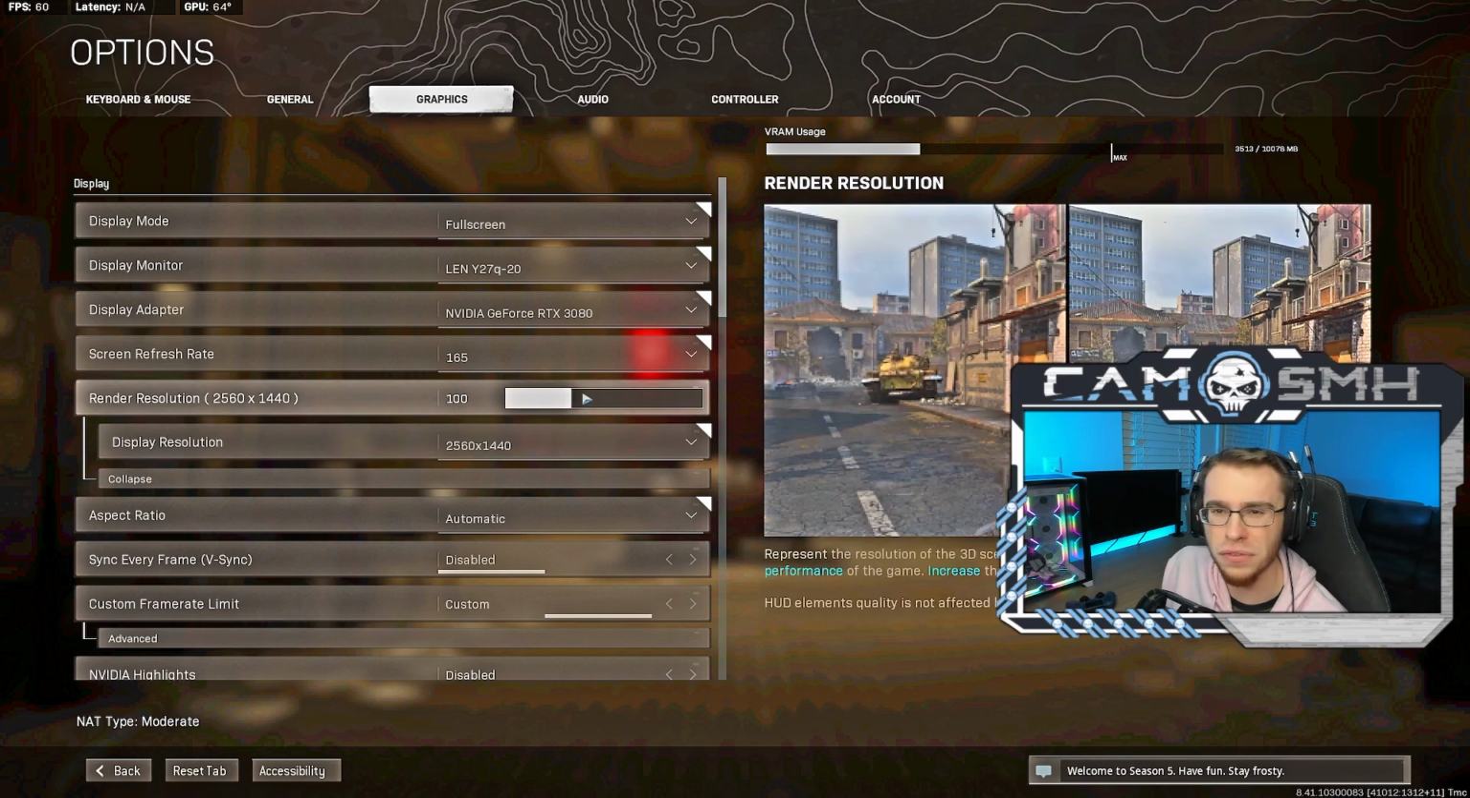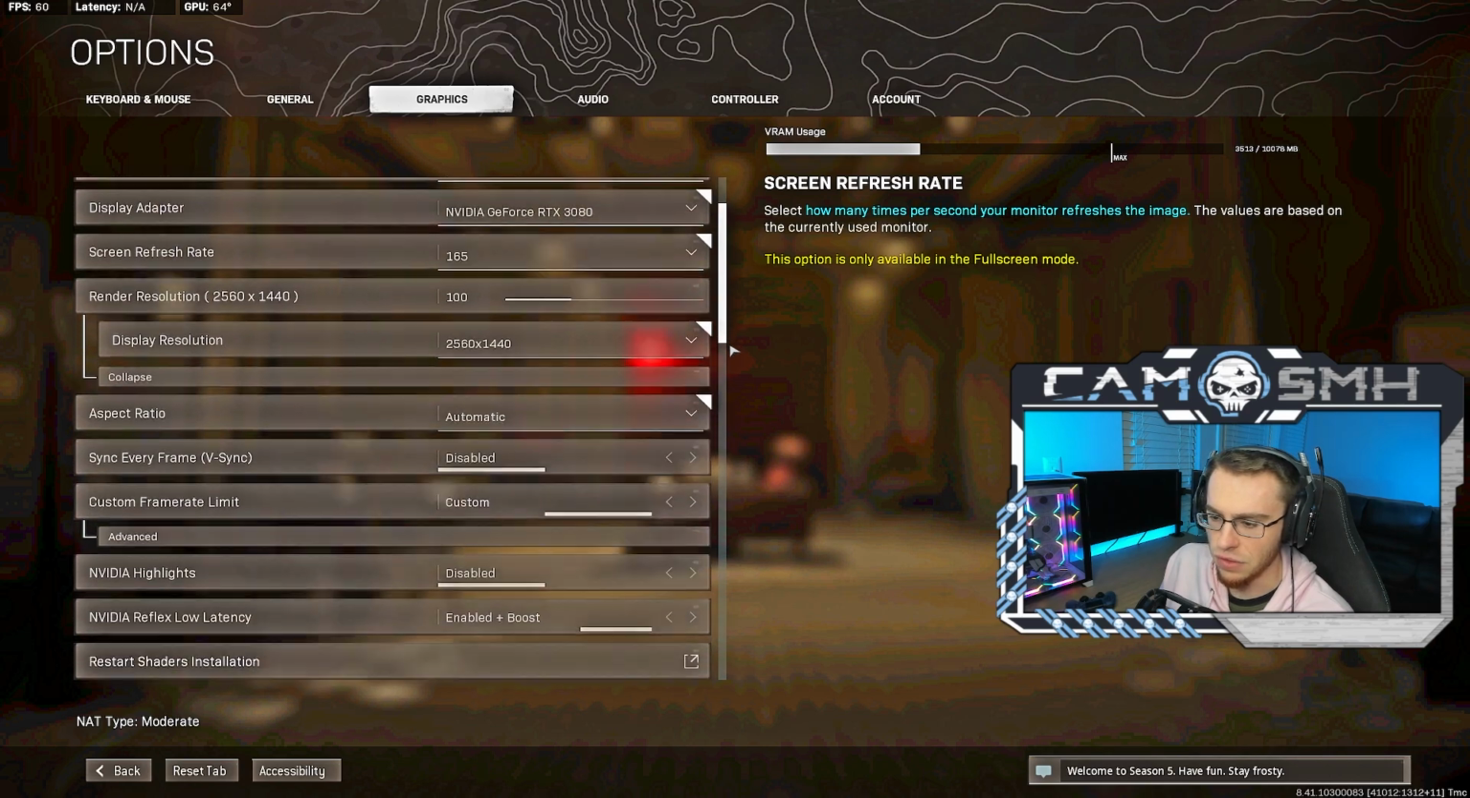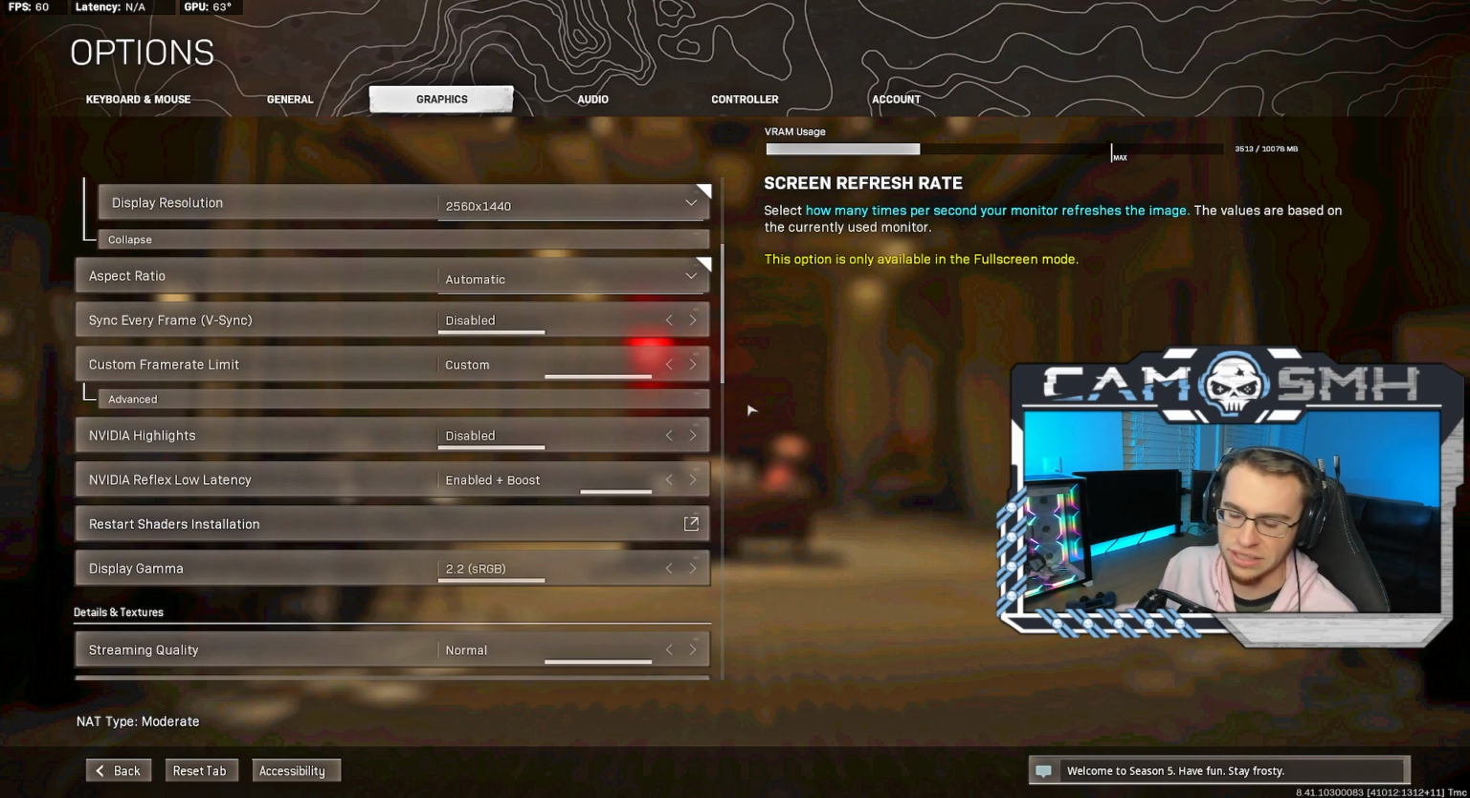You don't want to go any further. I don't think it gives you that much of an advantage. It's going to tax your GPU so much more, and you probably don't want to leave this too low, or your screen's going to look kind of blurry like it does here, and it's going to give you a very bad gaming experience. Scrolling down here, I have a lot of this stuff disabled or as low as I possibly can